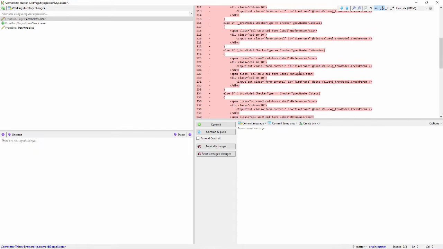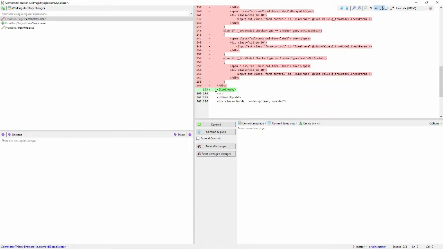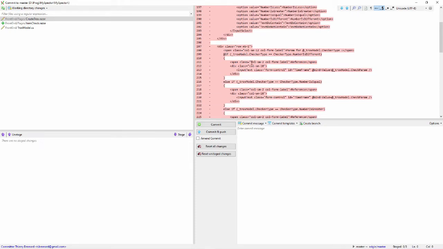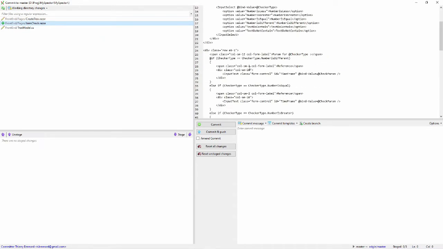And we remove from the create trox component, from the create trox page, all this, and the green is what we have added. So by making component extraction, I removed from line 193 to line 259 and put only one line. And the item check has been extracted with the component which has been extracted.